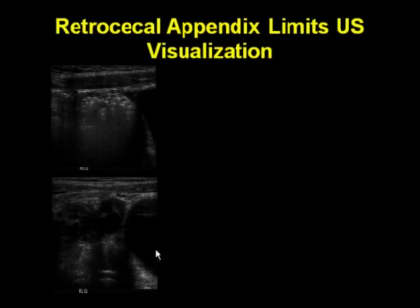So here's an example of a patient where ultrasound was not helpful, although there were some secondary signs that certainly made us concerned that there might very well be an acute appendicitis. These are images of the right lower quadrant. Here's the bladder seen at the edge of the image, and then there's a lot of bowel gas in that right lower quadrant. So the appendix just could not be visualized. However, there was some free fluid in the pelvis at the site of the patient's pain.